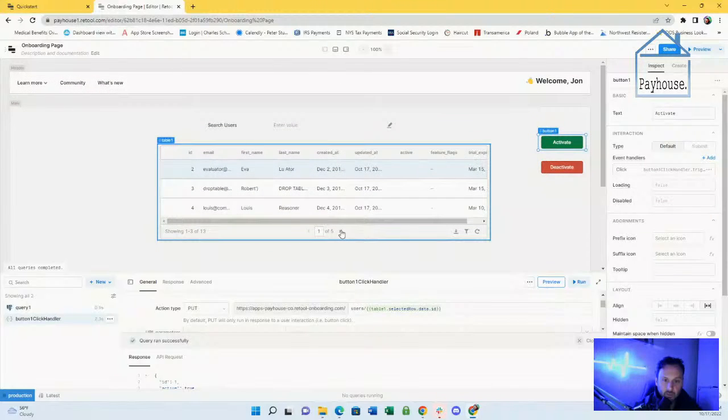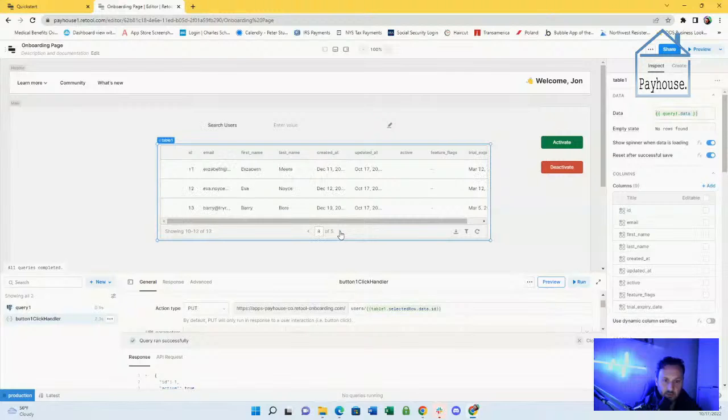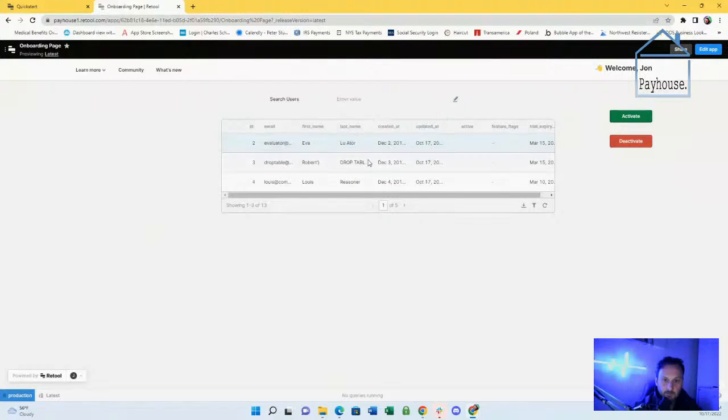All right, I'm not sure what that did. Did any of them get activated? Or did we not select anyone? Maybe we didn't select. We need to select a row. Let's preview this. And let me select. I don't know if this is selected if I just click on it. Seems like an editable field. Activate. It did something. But I can't really tell what.